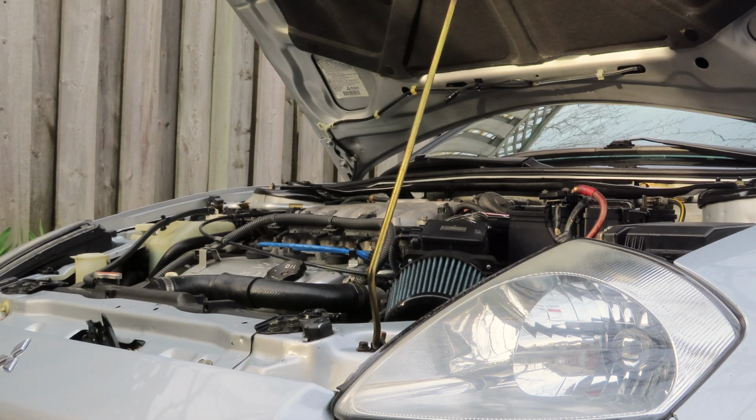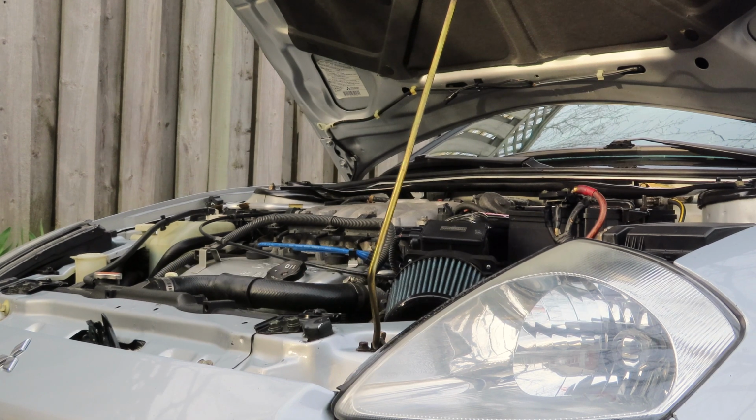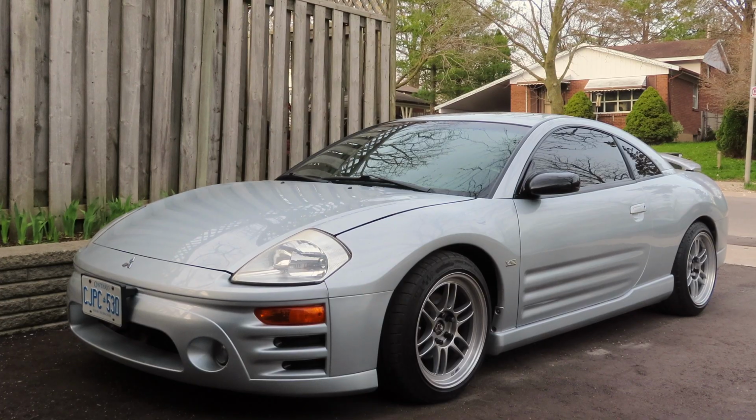So frequency, let's talk about the frequency. How often should you change your oil? I'll insert whatever Mitsubishi recommends, but personally, every 5,000 to 8,000 kilometers, I'm changing this oil, despite it being synthetic and I know it can last longer. One thing I found interesting is the manual